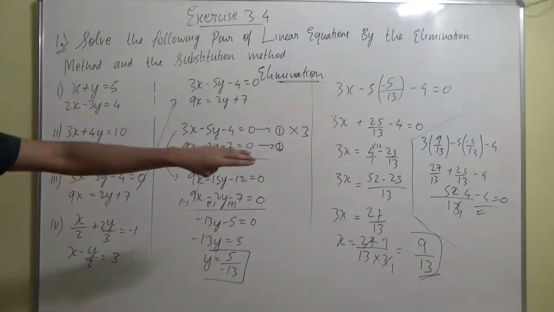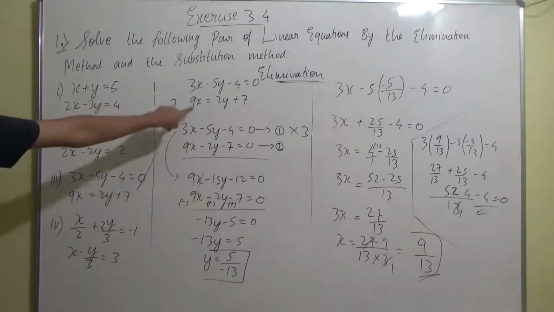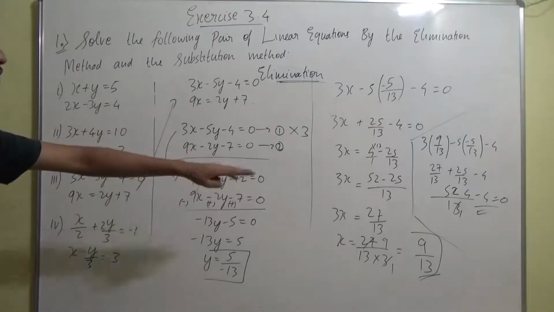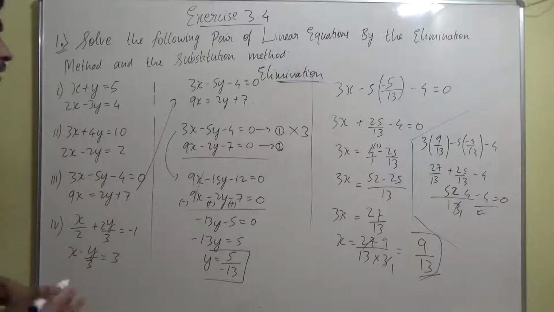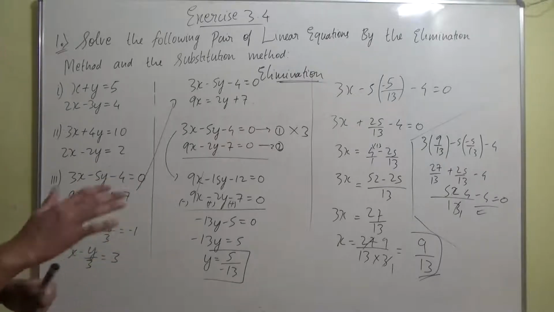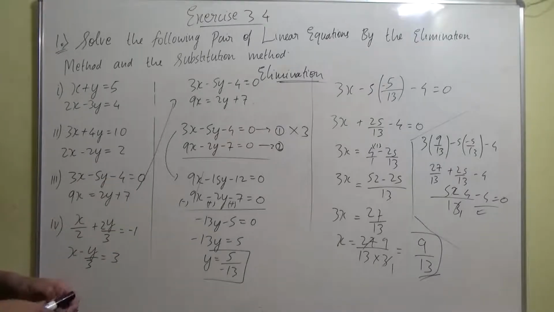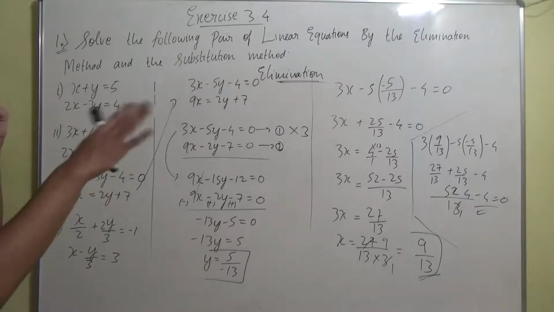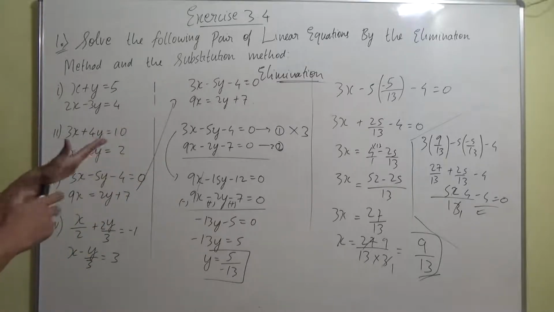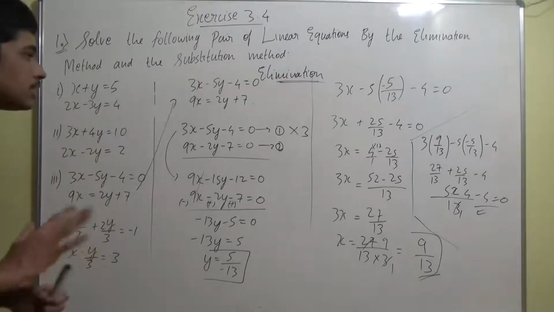In the same way, if you substitute both the values in the second equation also, you are going to get RHS as 0. So you can verify it by yourself, guys. I'll give it as a small homework for you, since I don't have much space in the board. Now we are done with the elimination method of the third sub question.